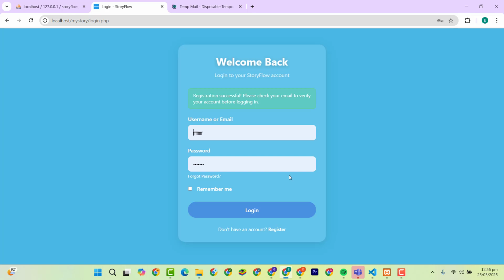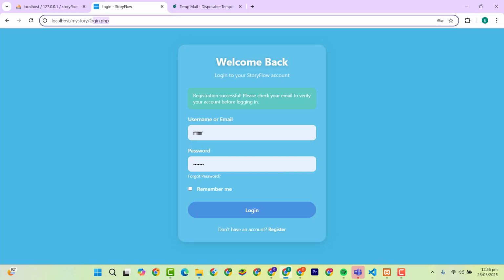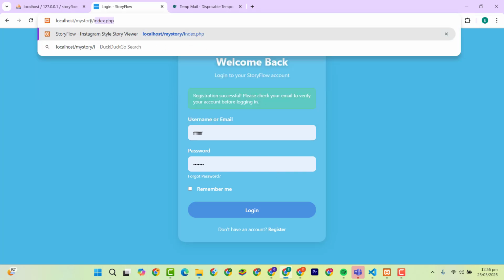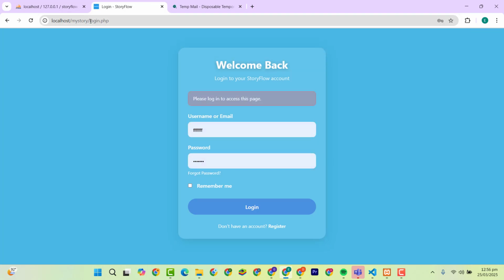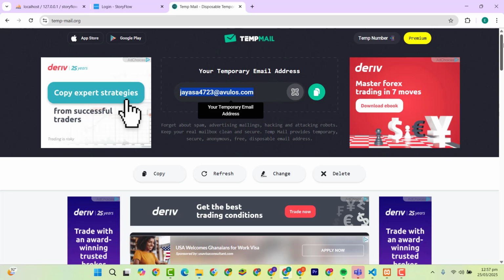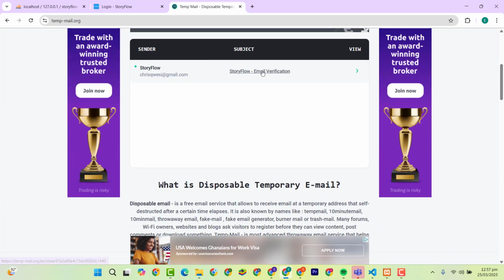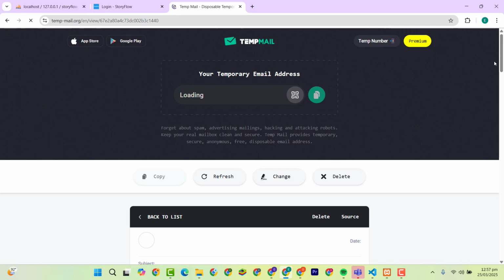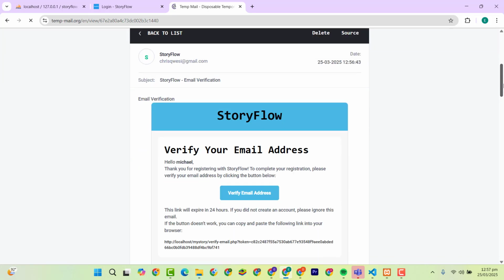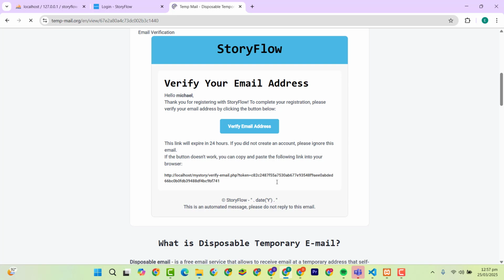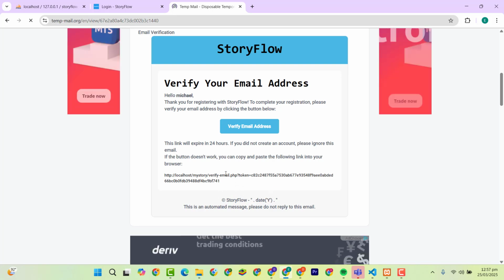As you can see, it says registration successful. Please check your email to verify your account before logging in. In order for you to log in, if I want to access the index page, nothing will happen because I have not logged in. Now let's go to the email. As you can see, this is my email, and we also have a temp